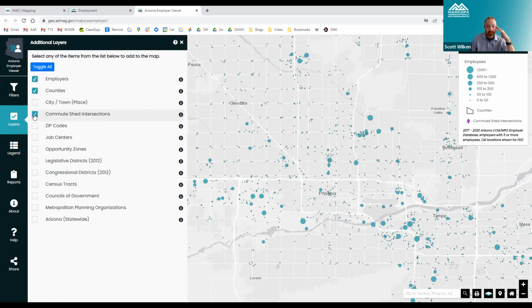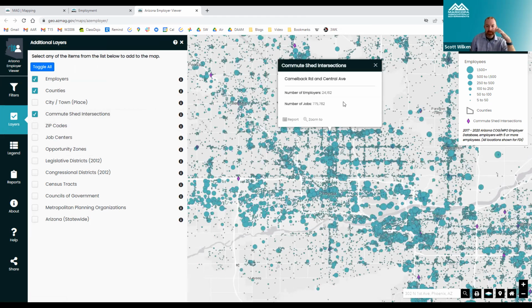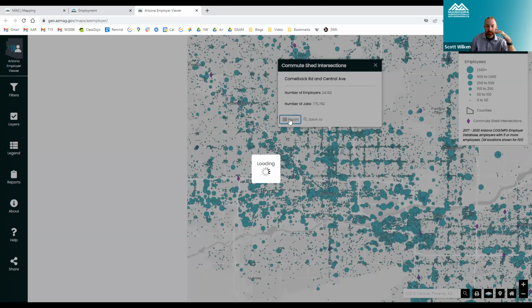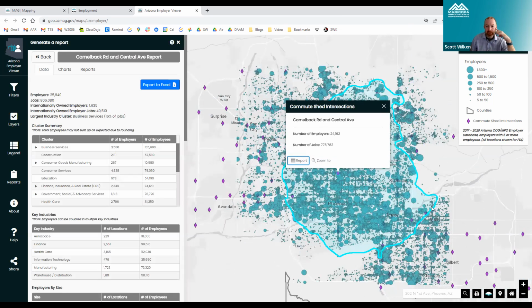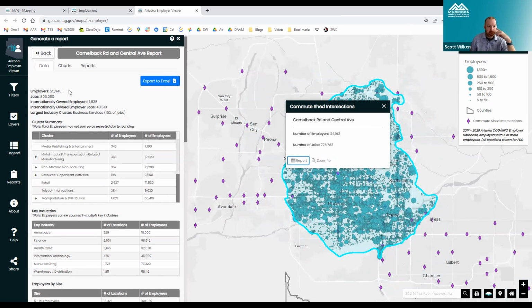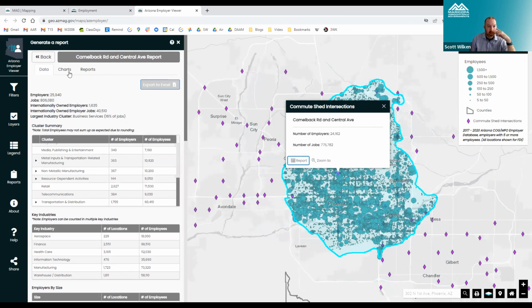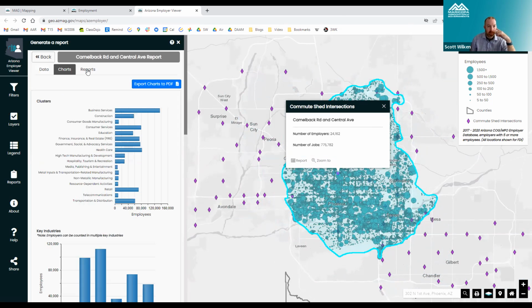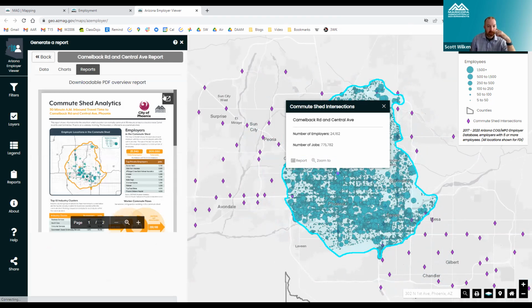In theory, it'll pop up. There we go. So if you click on that one right there, that's for Central and Camelback. It gives you the number of employers and number of jobs, but you can click on the report. And then here is the boundary, Central and Camelback, 30-minute boundary, and all the data in various tables, which you can export to Excel, the charts of all that data, and then you can see the report right there. Just click on this arrow here, the pop out, and it'll open up just this single report in a new tab. If that's the only one you're interested in, then you've got just that one instead of all of them in